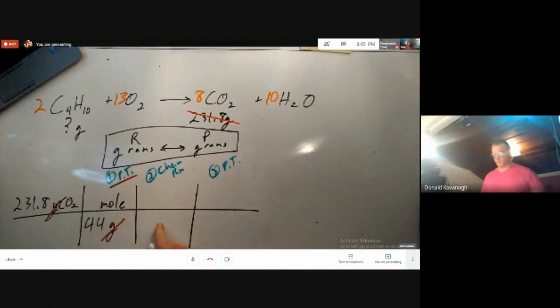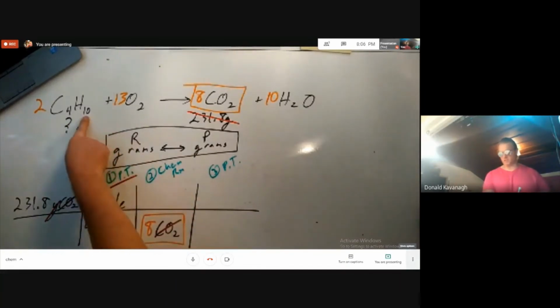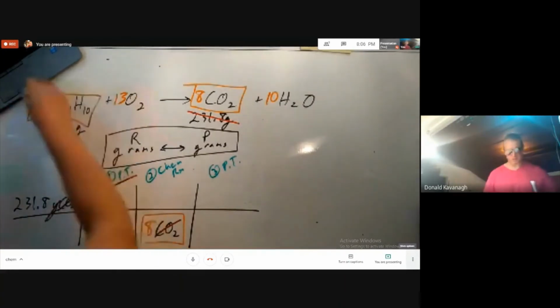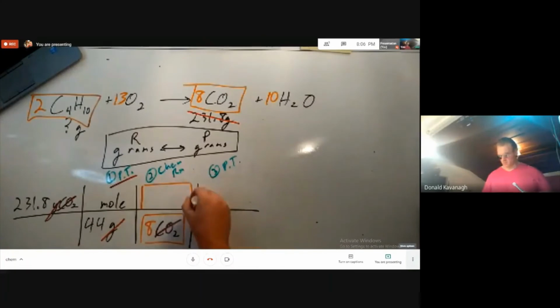In the second step, we use the balanced chemical reaction to make a word cancel out. The only word that I see in my scaffold that also exists up here is CO2. So that goes in the bottom to make the word CO2 cancel out. What must go on top? Something from the balanced chemical reaction. What we're looking for, the other reasonable choice, is 2 C4H10, the ratio from the balanced chemical reaction. So in our scaffold, we place the 2 bricks necessary, again, making sure that a word cancels every step of